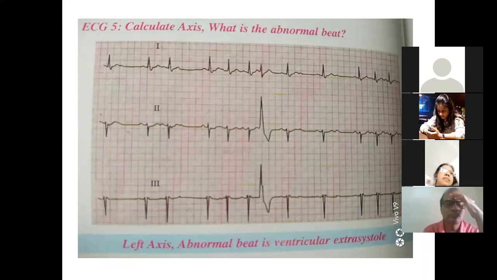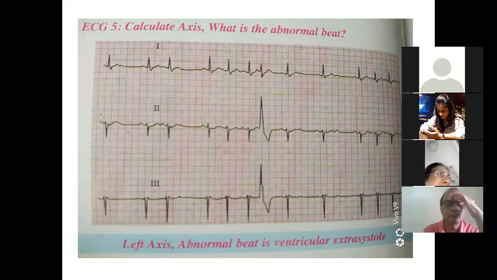Correct. So the rule is to go in order. We have PQRST. First you write no P wave, absent. Q is also as good as not there. So P is not there, Q is not there, R is tall, S is as good as elevated, you can see the ST, and the T is inverted. So if you go order-wise, it is much easier. So what is the characteristic of a ventricular ectopic?